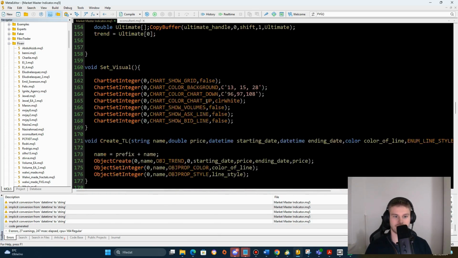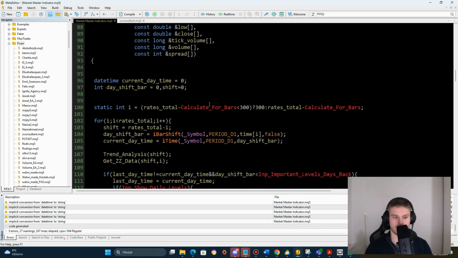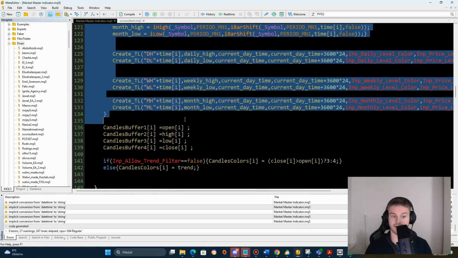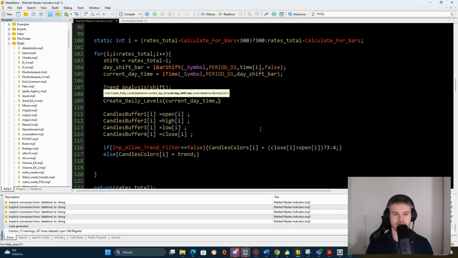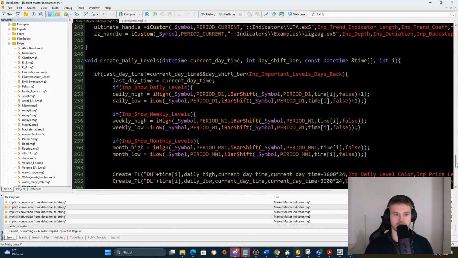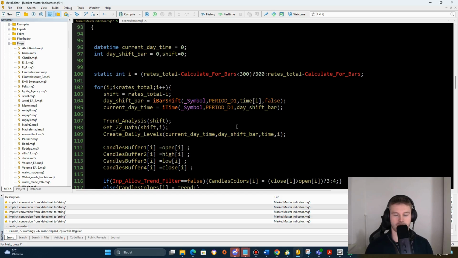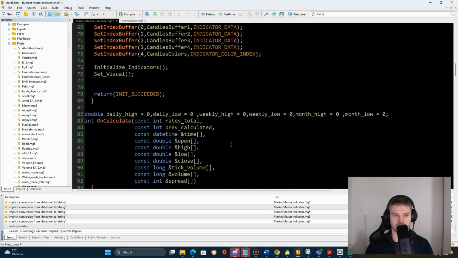So let's try this. I will take this and I will delete it. And I will just call this create daily levels. So current date time is current date time. Day shift bar is equal to day shift bar time and I. Now there's one thing I have to check. So I update the last date time. Do you know what? I would have to paste this by the reference as well because